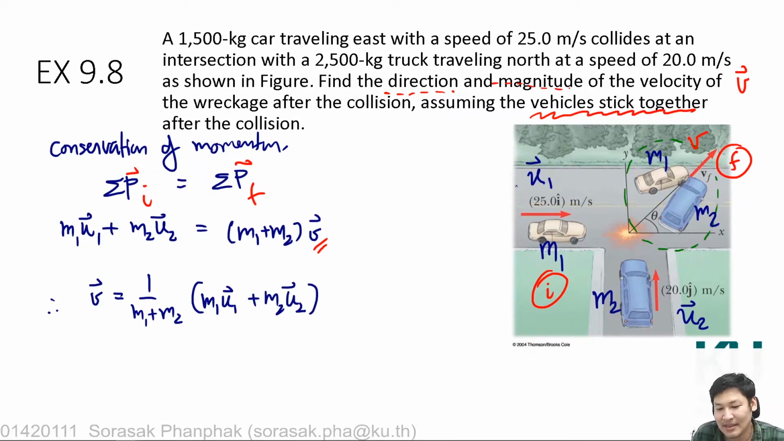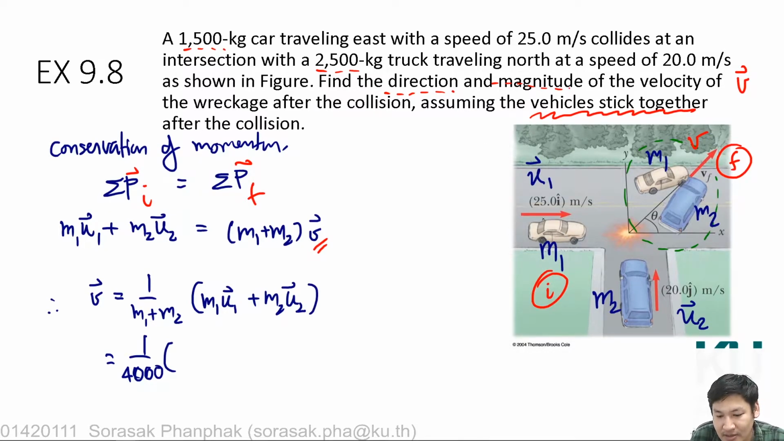like this. And you can see u1 is equal to 25 in the i direction, and u2 is 20 in the j direction. So by this you can substitute all the information in. So 1 over m1 plus m2, where m1 is 1500 and m2 is 2500, finally you get 4000 for m1 plus m2. And m1 we write below for better writing. So 1 over 4000, and m1 is